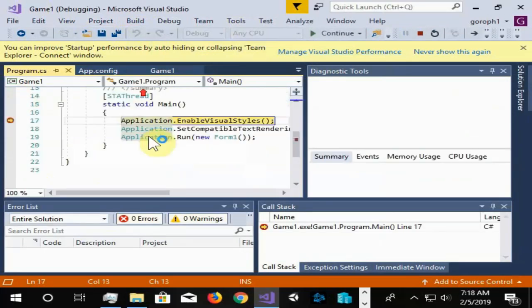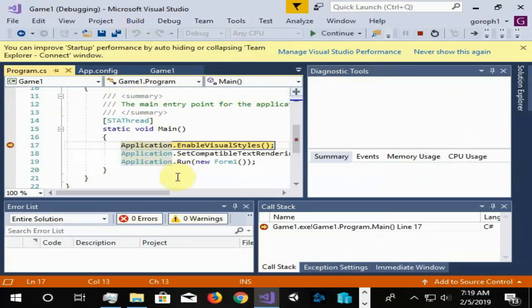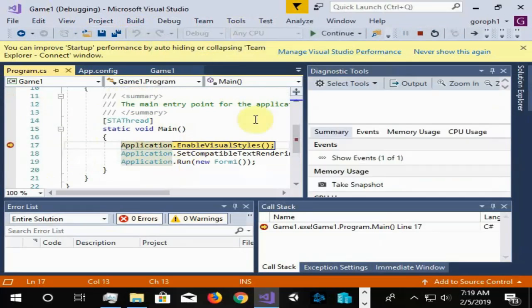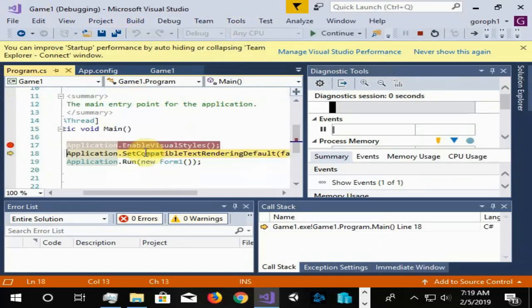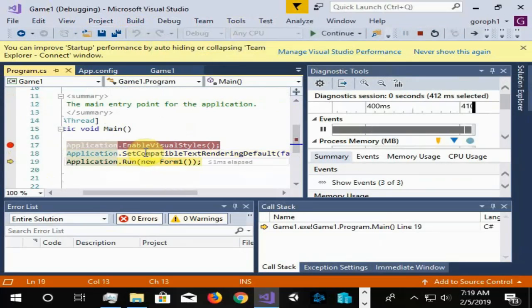And boom, right there, it stopped. And if I were to hit F5 again, it would continue running the program. Some shortcut keys for debugging: you've got F10. If I hit F10, it's a step over command. And so if I hit F10 again, then